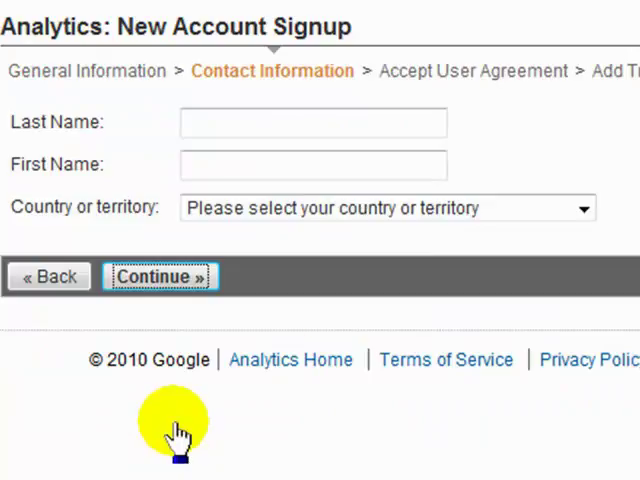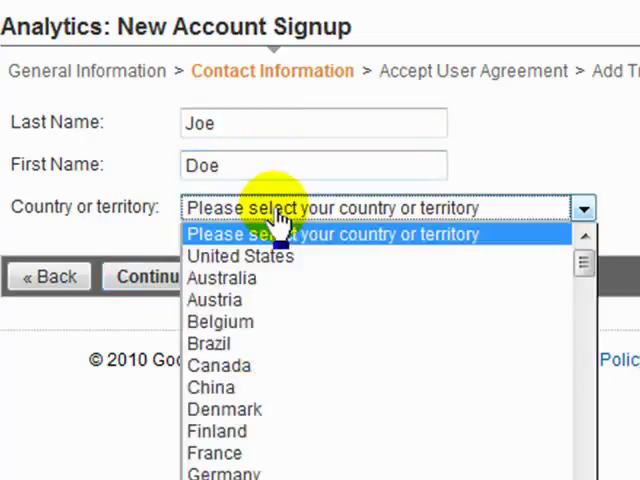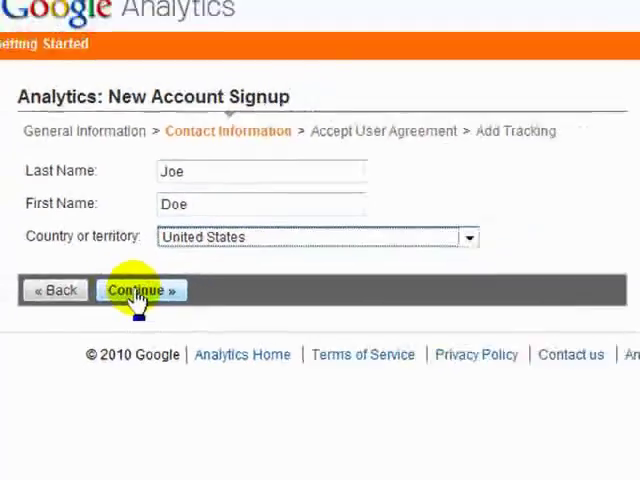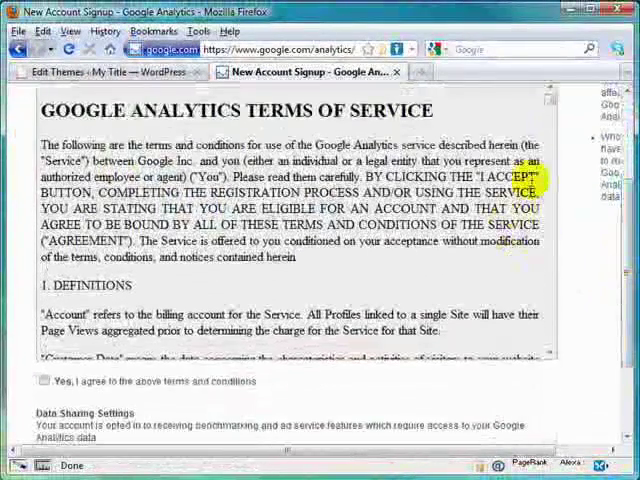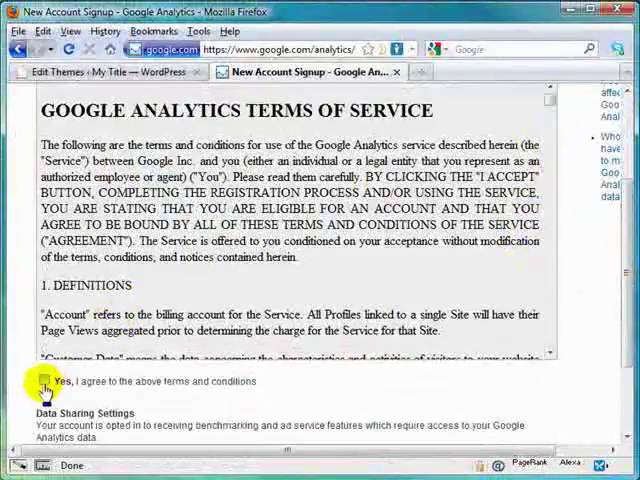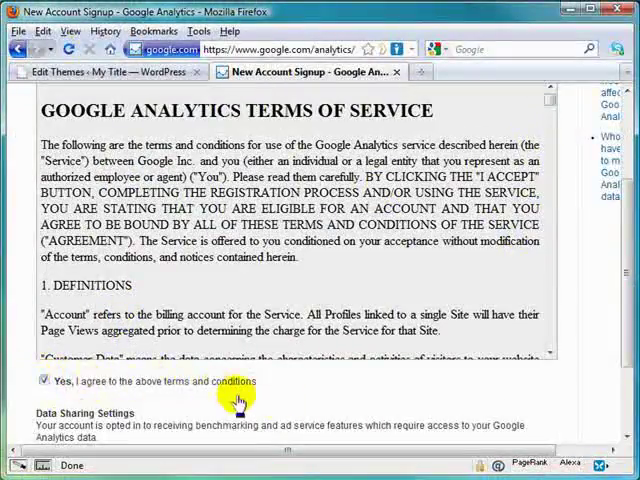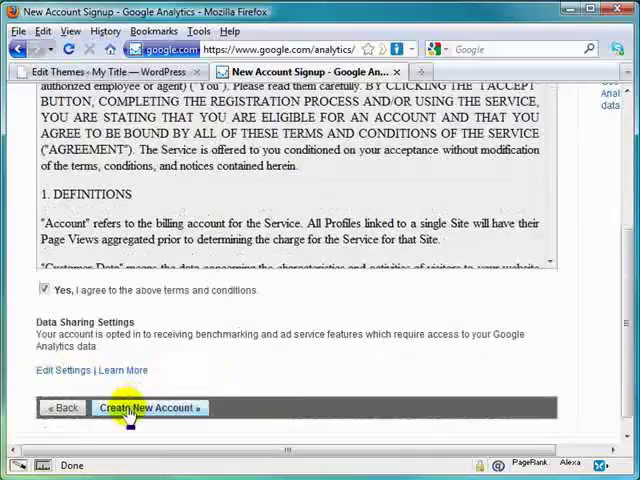And then you go to continue and put in your last name and first name, and then your country or territory again. Then choose your country of preference, click on continue. Of course, you want to read all the terms of service here and click on yes because you do agree with the above terms and conditions. Then click on create new account. Drum roll please, you're almost done, and